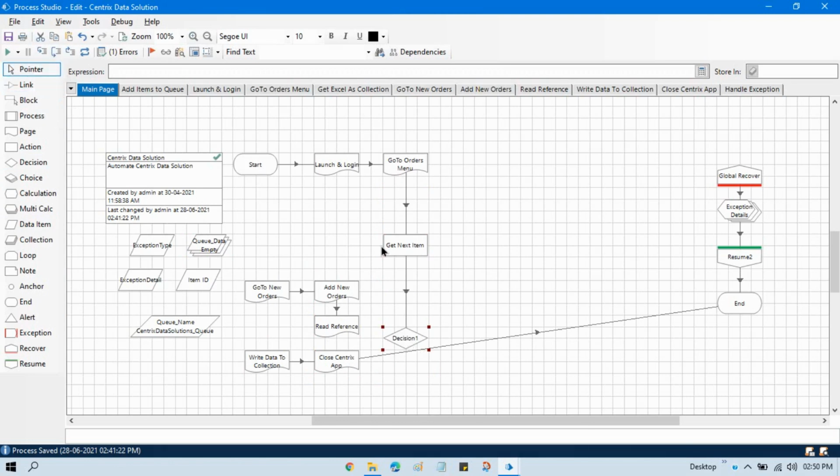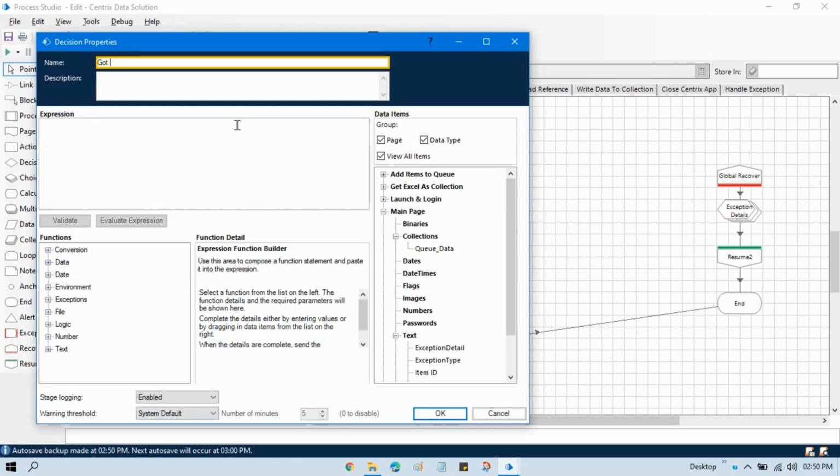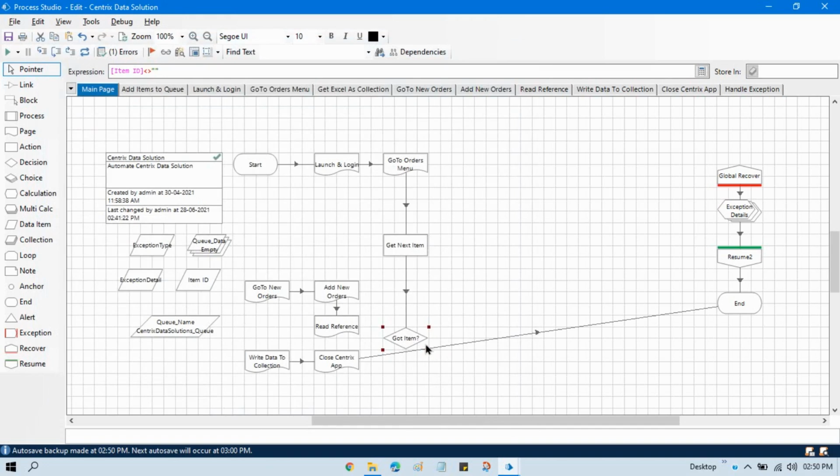This decision name will check whether we have got an item or not, and then here we will be checking on the main page item ID not equal to blank. If item ID is not equal to blank, it means we have the data, then we need to process our items. So for the processing side, we have to go to new orders,